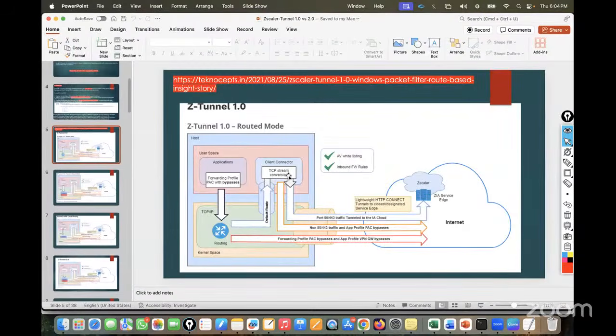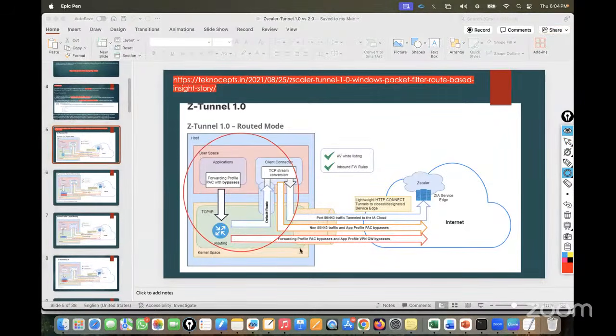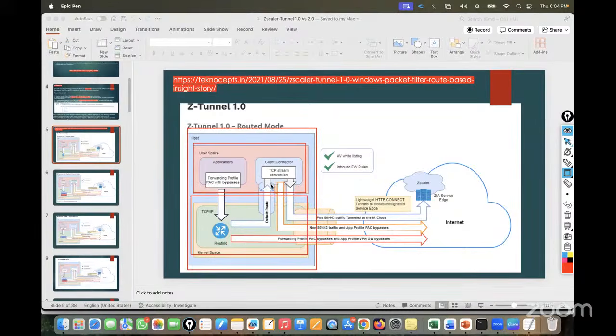In every client machine, meaning your PC, mobile phone, tablet, whatever devices you are using, this is your host, that is your computer. In this computer, we have two spaces. One is the user space, one is the kernel space. What is the user space? It means you're doing any user activity like accessing the internet, browsing, any applications. That is going to user space. So this user space is going to decide how I need to forward the traffic to